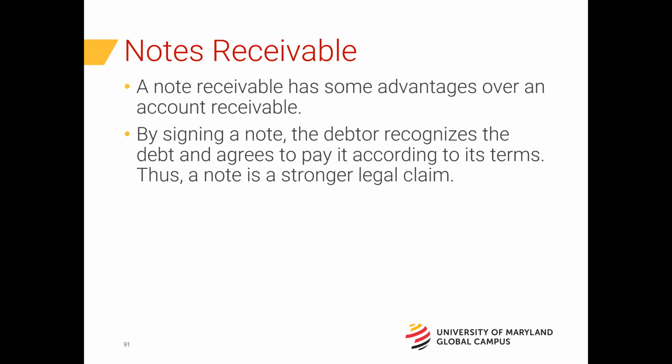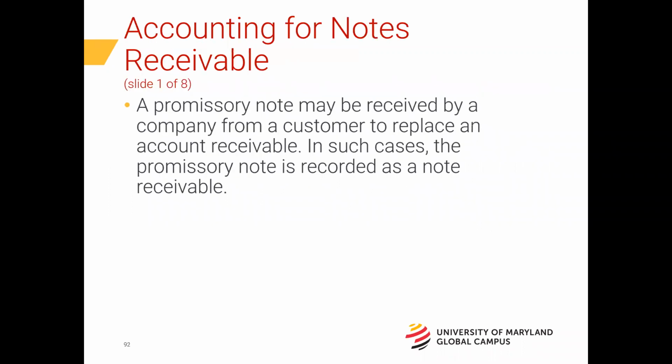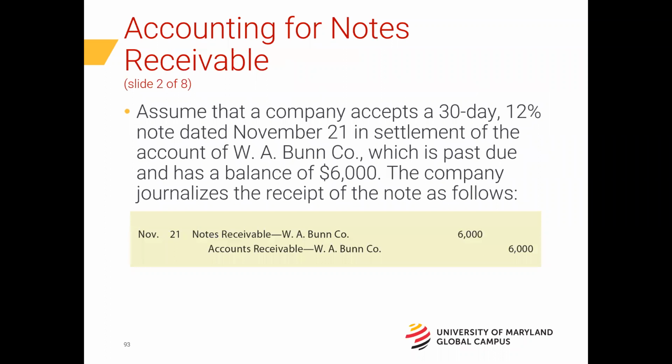Notes receivable, as I mentioned earlier, is typically done when a customer who owed us over time, we converted their account receivable into a note receivable because they owed us over time. And it usually involves a promissory note where the customer agrees to pay us, in addition to interest usually. So the journal entry that we would make in order to convert a customer's account receivable into a note receivable is we debit note receivable and we credit account receivable for that customer.